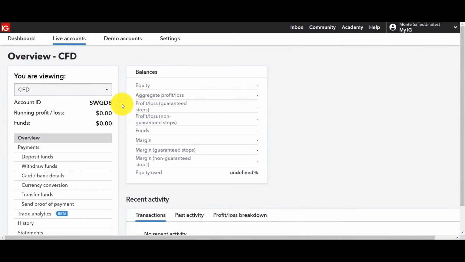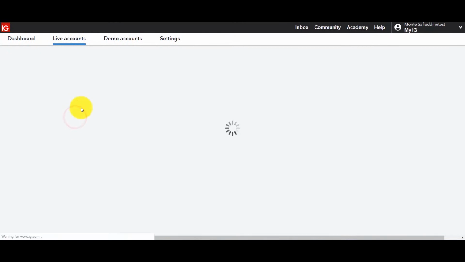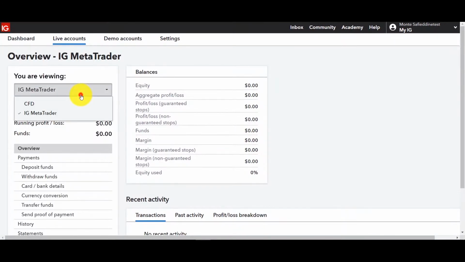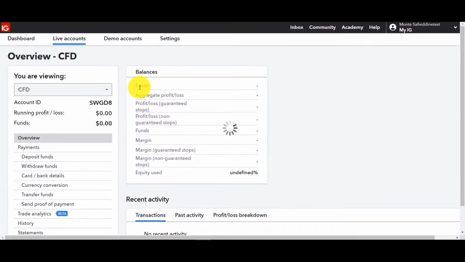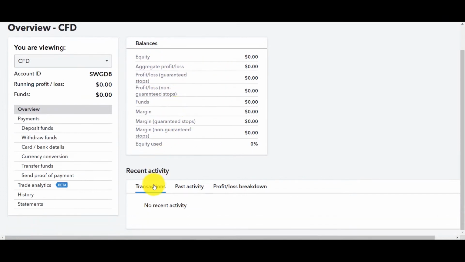And here, of course, there's going to be more details, but first thing you want to do, you want to make sure you're looking at the right account. If you have more than one account, sub accounts and a MetaTrader account, then that's what's going to show up. So in this case, I've got 0 for both, so it doesn't matter. Again, these are test accounts, but this is where you would find that information. Also, like with the platform, you'll see your margins and your P&L and your equity, your transactions, your past activity,